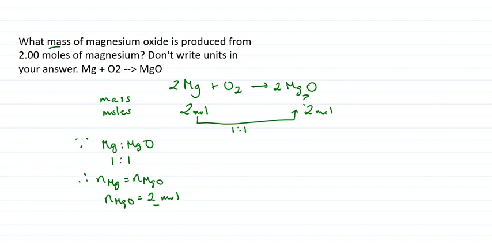Now, the next step, it's not asking us for moles like the previous question was, it's asking us to figure out what the mass of magnesium oxide is. So we can say mass is equal to moles times molar mass. Of course, I'm using the formula here, but you can use fact table method and it would work just fine. All right, so we have 2 moles of magnesium oxide. The molar mass of magnesium oxide is 40.3 grams per mole, roughly, right? And you should get 80.6